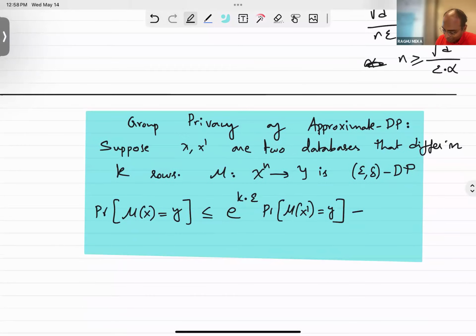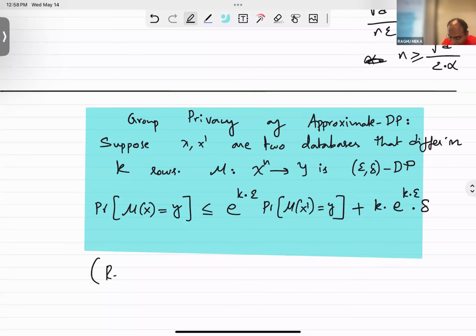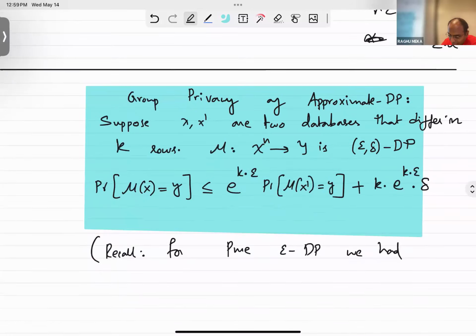And you get the same thing here, except with some additive dependence on delta. No mystery. You just have to do the same argument where you replace one row at a time. Now, just to recall, for pure epsilon differential privacy, we had